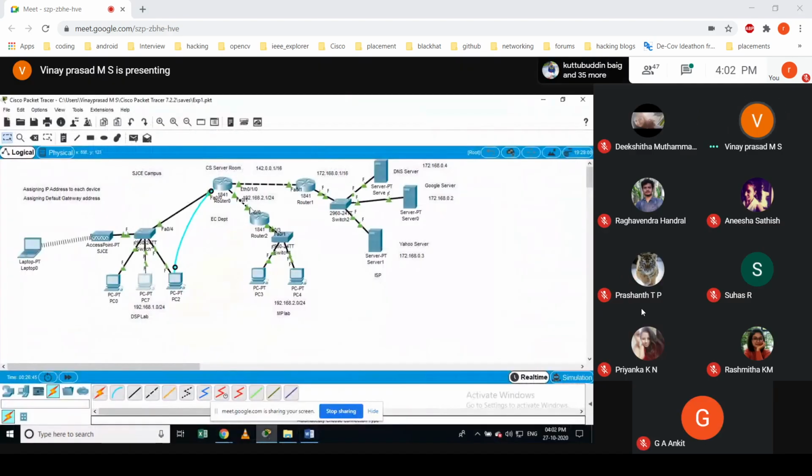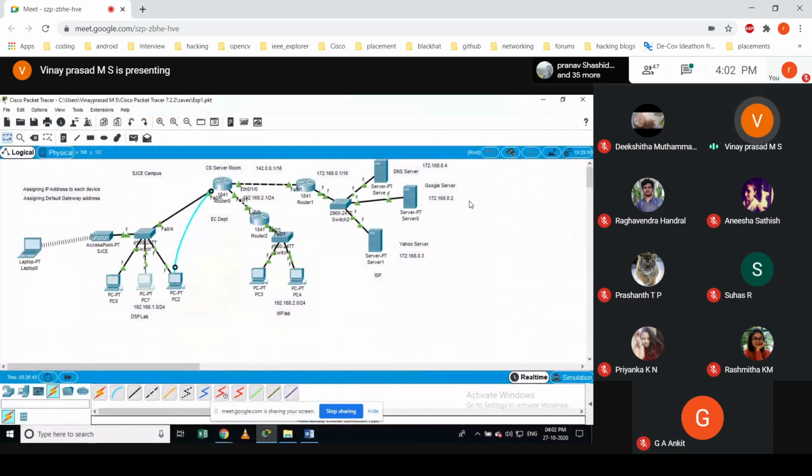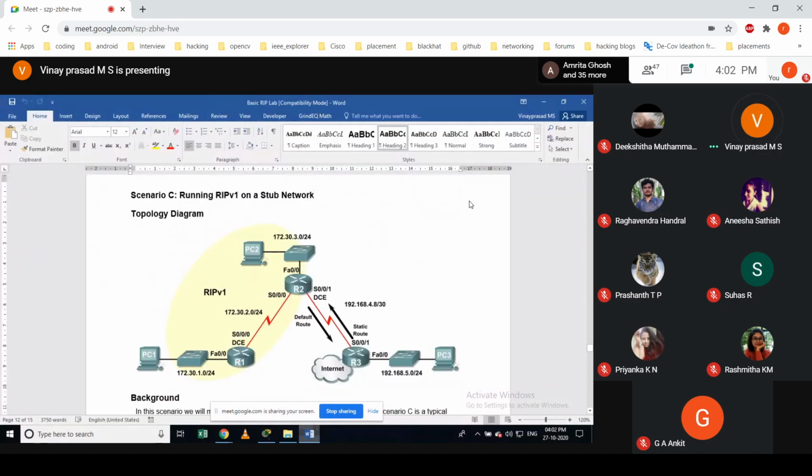You might have seen it last time before my laptop. So I just added one router, and you would see this complete in-campus network. You would be using RIP, and for this ISP network, we do this kind of configuration. Means from here to here, it is default, and from here to here, it is static.